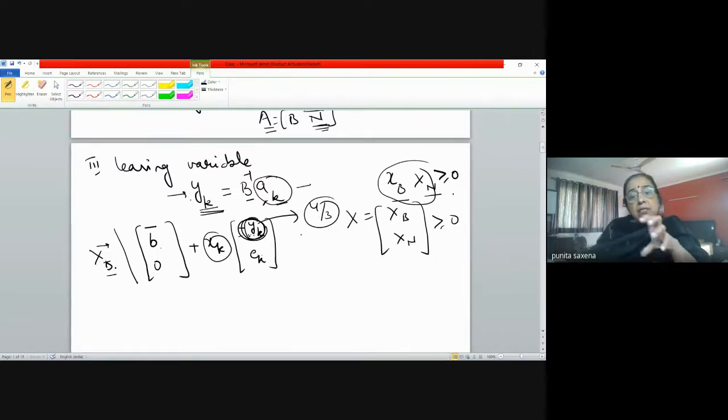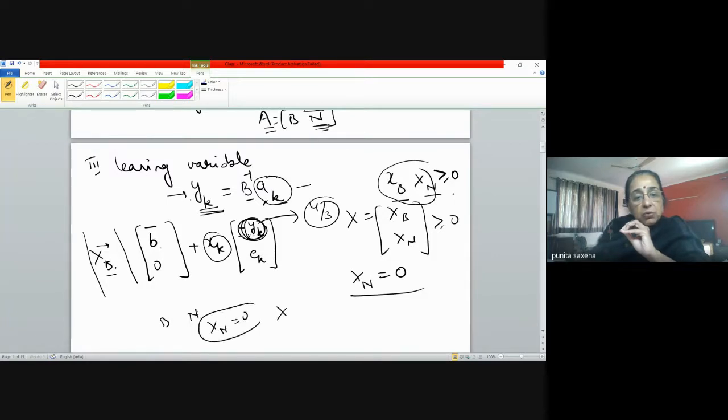So that defines your ratio. We are going to choose that ratio so that one of our basic variables becomes 0 earliest possible. Why 0? Because we are choosing our xn's to be 0. See, what I mean to emphasize here is that throughout this, we have assumed that we are choosing only those b's and n's such that corresponding xn is 0. And accordingly, we are finding our xb's here.